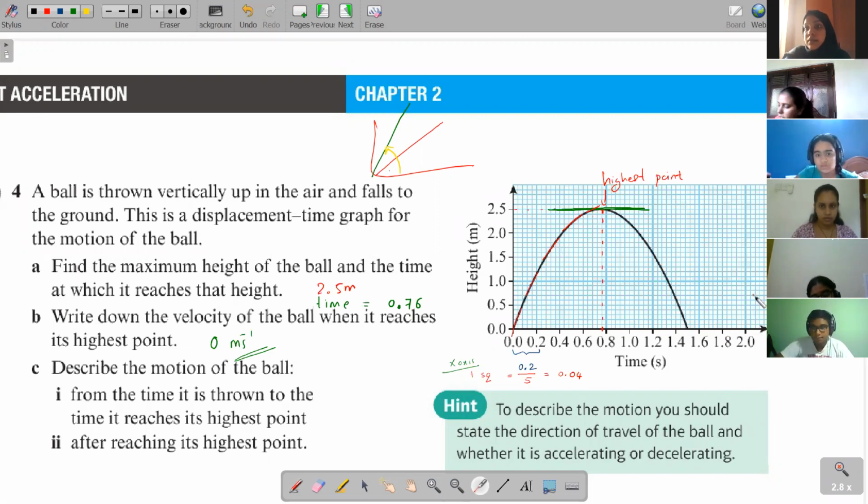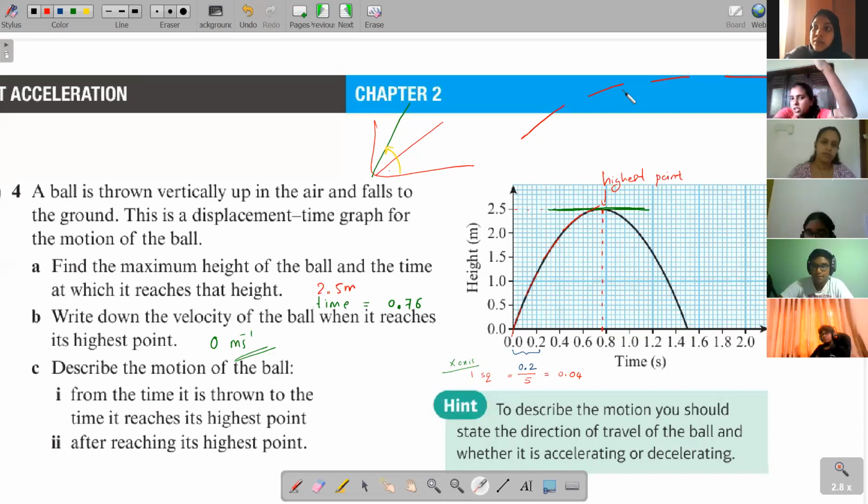The gradient is getting lower. Everyone has to see. Now some of you are saying increasing. Why do you say increasing? You can see this graph is coming lower and lower and lower until it becomes flat. So the line is sloping down. Do you see it sloping down until it becomes flat? Originally it starts like this and then it comes lower and lower until it becomes flat. So the gradient is decreasing, which means what? The gradient is decreasing means the velocity is, children? Tell me, it is decreasing.